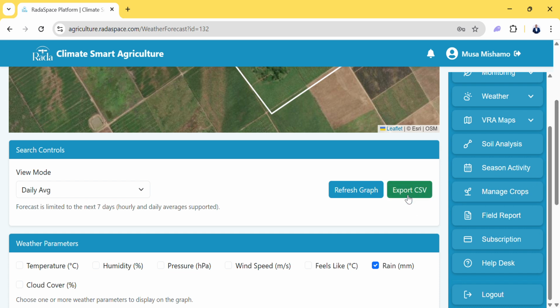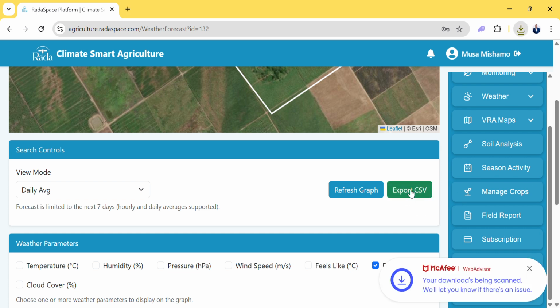I have an option to export my weather data. So I can export my weather data in Excel format and have the data of temperature, humidity, pressure, wind speed, rainfall, cloud cover, and I'm free to share this data with my colleagues or any field manager or another person who is working on my